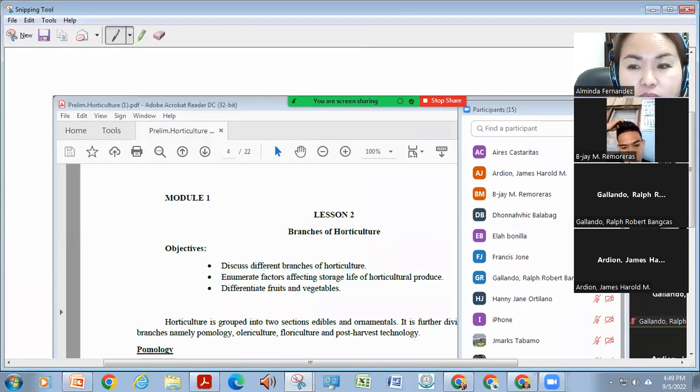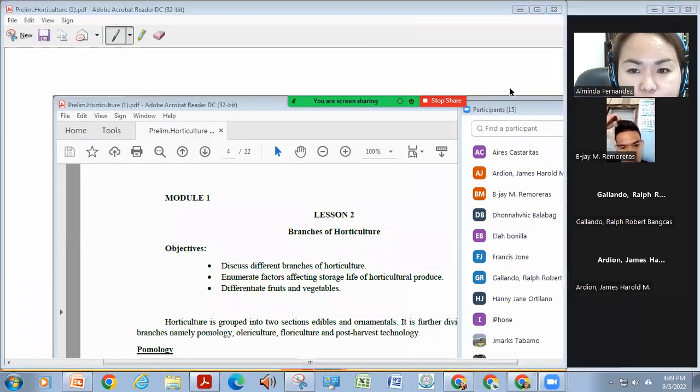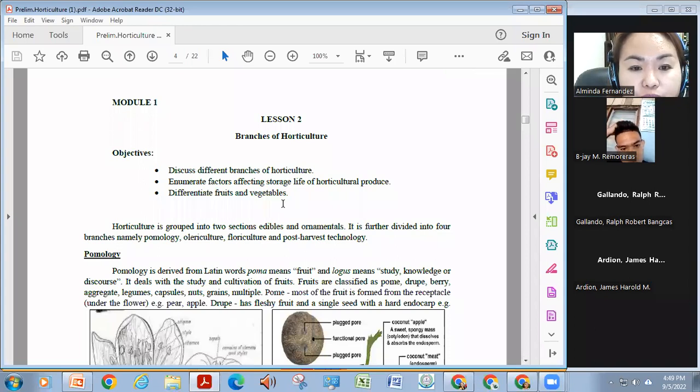Okay, so for this lesson, before we end our 14-minute session, we're going to, of course, discuss again the different branches and enumerate factors affecting the storage life ng horticultural produce and differentiate fruits and vegetables. But then we can also extend until Wednesday for this, no? So again,